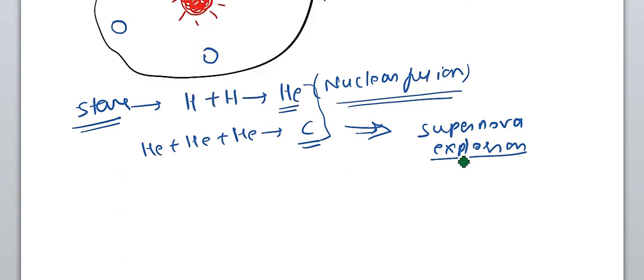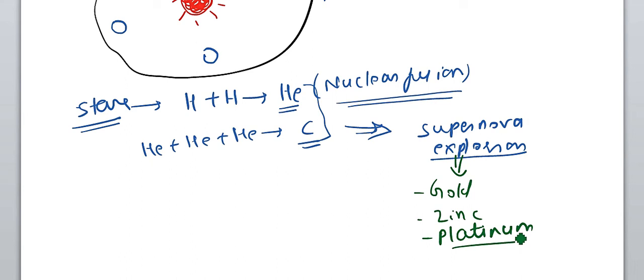This supernova explosion further provides the conditions which are required for the formation of elements like gold, zinc, platinum, etc., right? In this way, all these elements which are present in the universe, about 120 elements, were formed,